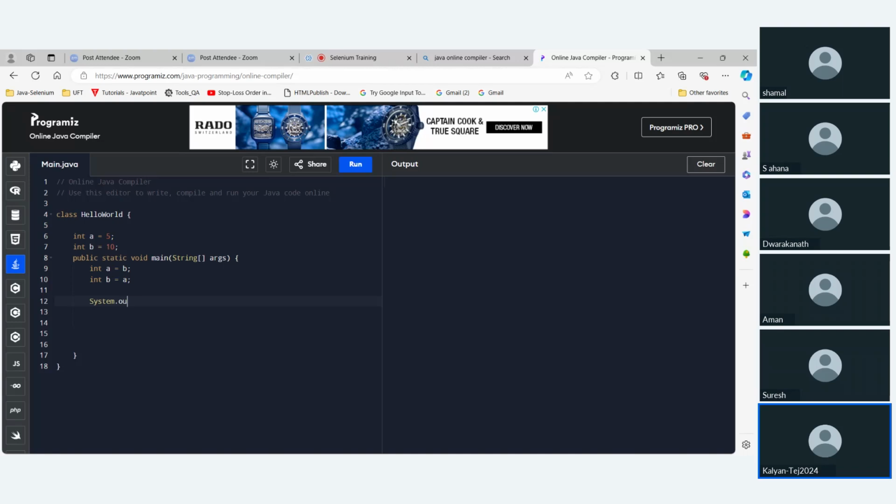So you have taken the two variables, a equals 5 and b equals 10. Now a equals b and b equals c. Where will the result be stored, Suresh? In a, or b?